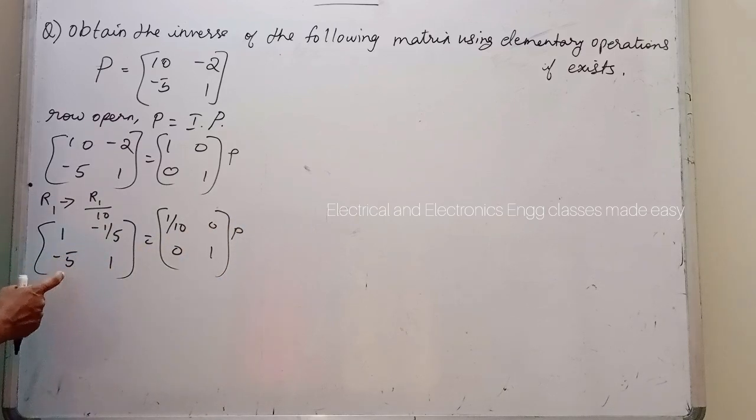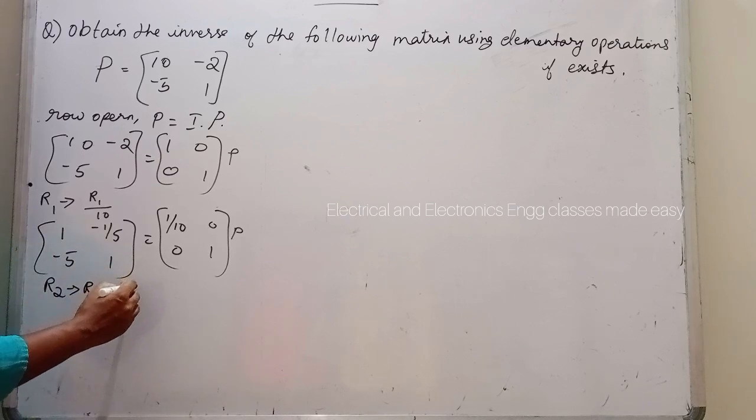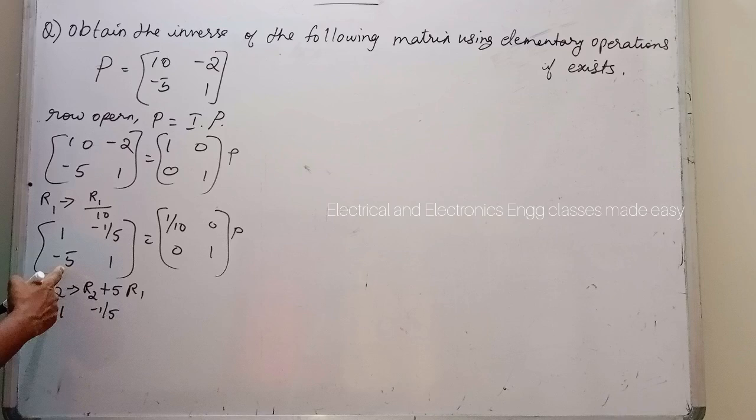Next we have to make the element which is below this 1 zero. So this element we have to make 0. So here this is minus 5. So this is R2. So R2 implies R2 plus 5 times R1. So here we will get 1, minus 1 by 5. Then here it is 0. Then here 1